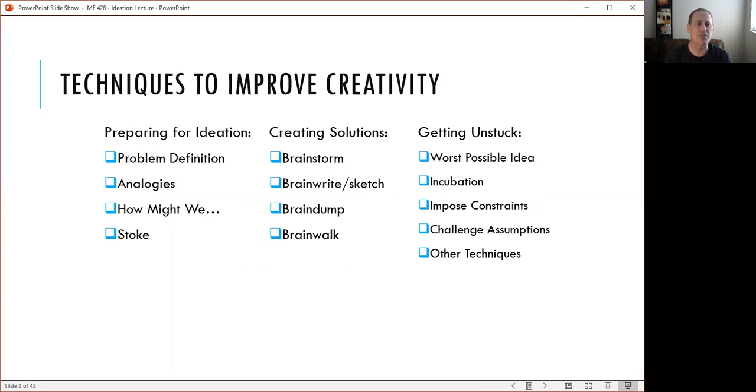I'm going to start with the first category of getting yourself ready to be as creative as possible, and then moving into creating solutions, some standard techniques for that to do your initial ideation. And then, because every ideation session typically runs into some challenges, you run into periods of time that you're not generating ideas, we call that getting stuck. So then I'm going to go through 4 additional techniques that can help you break out of that being stuck